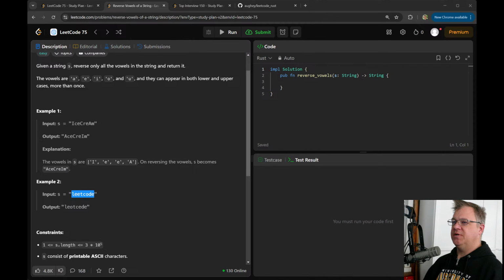It's going to take a char. What are our vowels? A, E, I, O, U. Two lowercase. I think that's the right way to do it.